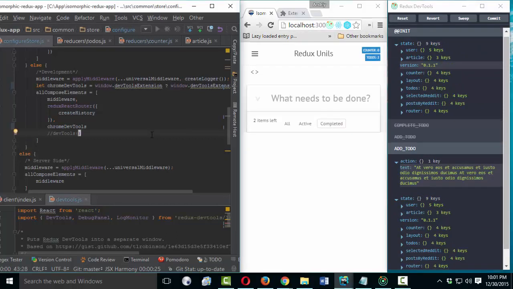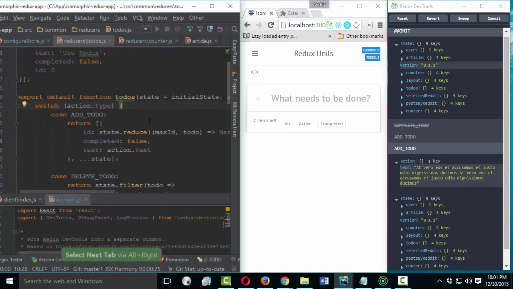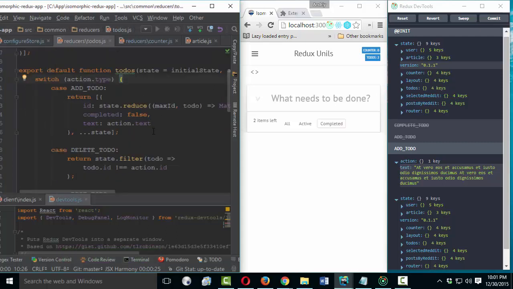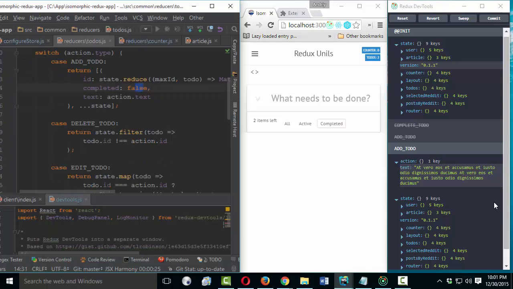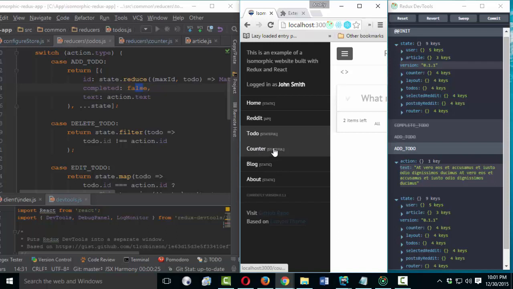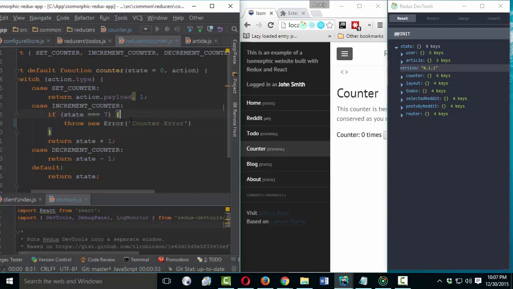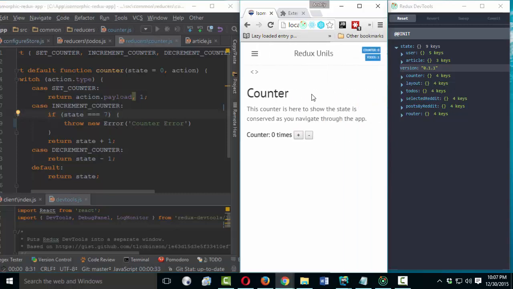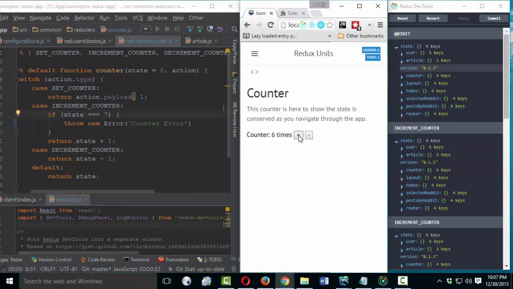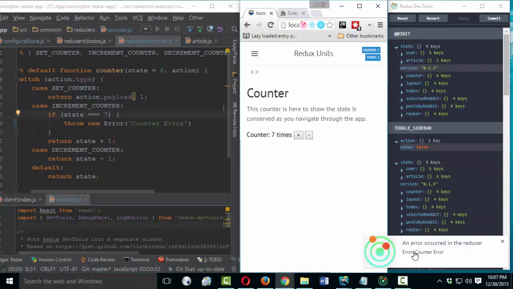But the most important feature of Redux DevTools is that we can change the reducer's code, or we can make a mistake while changing its code, and our state will be immediately recalculated. Let's show it on the counter. I commit, and I need to come to counter, and here I have an error functionality for state 7 that starts incrementing. 7, 8, and I get an error.